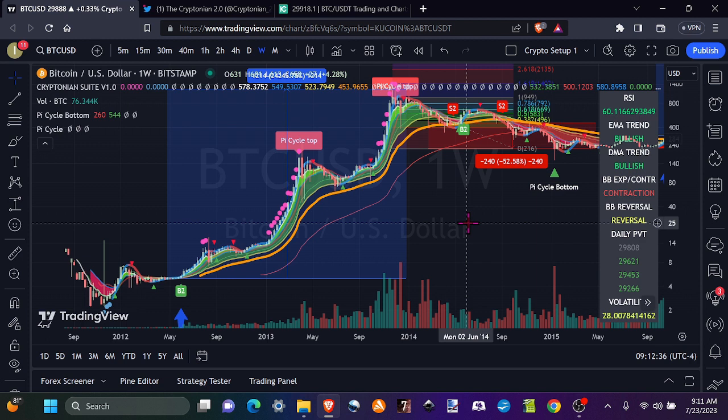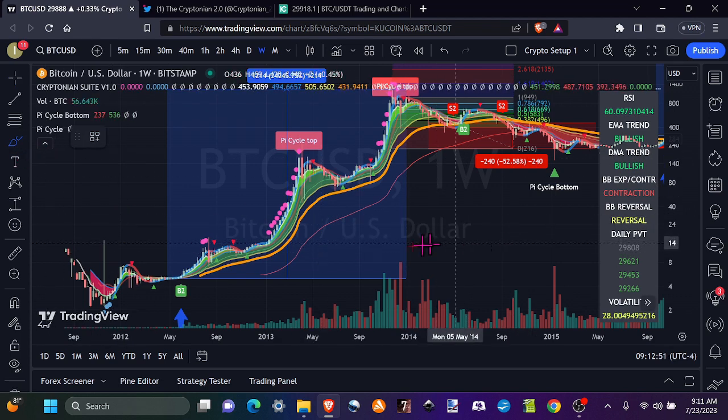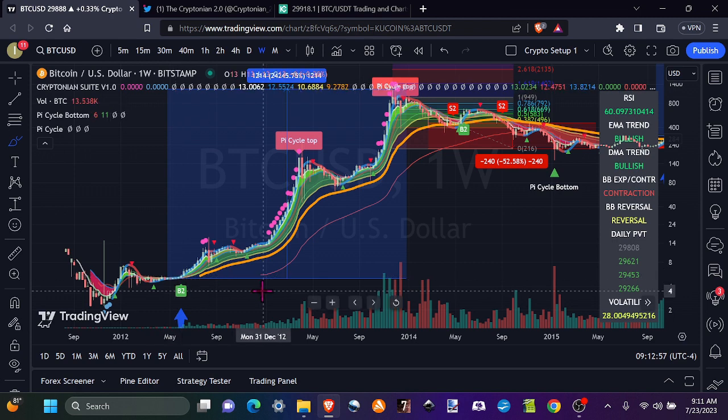However, there is a 30 moving average and a 50 moving average on the Cryptonian suite that I wanted to take a larger bird's eye view of the market. So when taking a look at the weekly, we can see the B2 occurred here. Okay, this is the B2 signal, and then